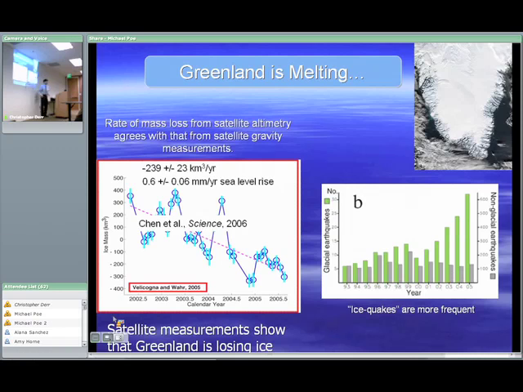trends over just a few years showing apparent loss of mass of the Greenland ice sheet, and that's actually measured a couple of different ways from satellites. One is from gravity anomalies, and the other is from actual altimetry, which tells you basically the volume of the ice sheet. The other thing that's happening is they have seismometers on Greenland, and these green bars are measuring the frequency of what they call ice quakes, which is large-scale motions of the ice, and they're picked up by seismometers. The gray bars are actually earthquakes. So earthquakes aren't increasing, but ice quakes are increasing, suggesting that things are starting to shift in a sort of an ominous way.